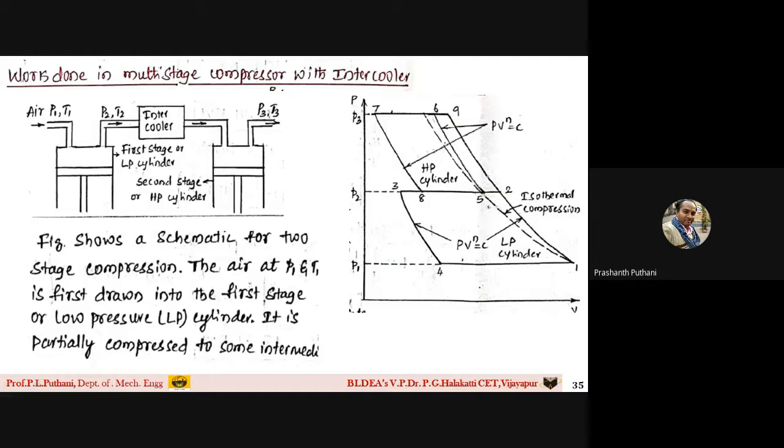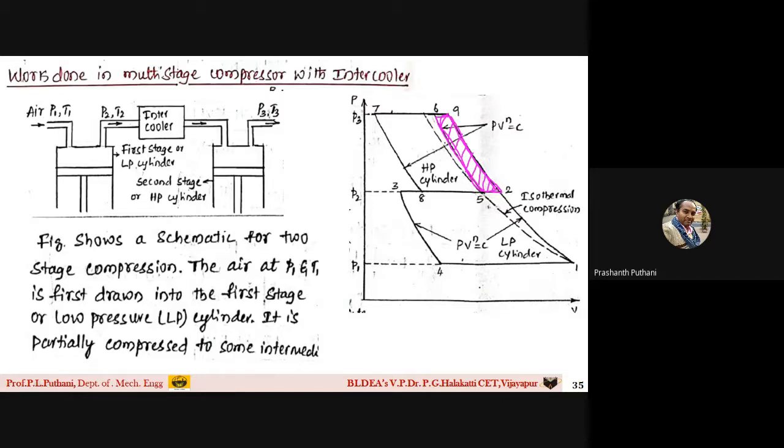So once I have provided the intercooler, how much amount of work have I saved? This much amount of work I have saved. Please observe here. I am showing this hatching part, the pink colored hatching part. This much amount of work is being saved, that is, work input is saved. That is the area covered under this particular graph 2, 5, 6, 9. This much area of the work of compression is reduced, which is a good sign. Work input is reduced.